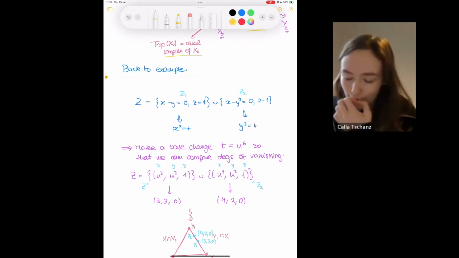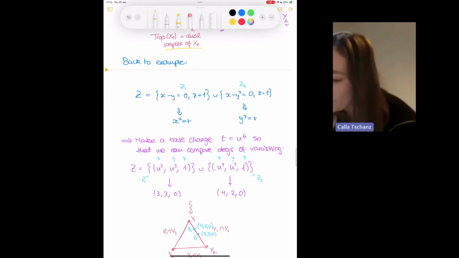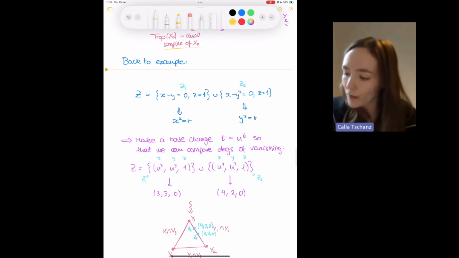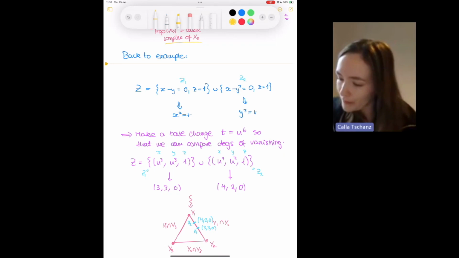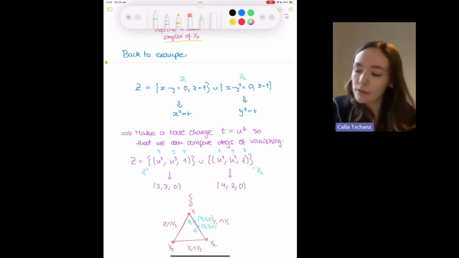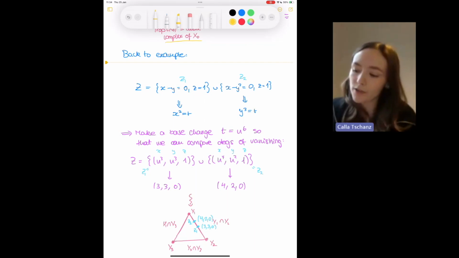Okay, so this is the tropical picture. So why do we care? We'll go back to the example we were considering and see how we can apply this tropical stuff to it. So we have our family that I gave you before, Z, given by these Z1 and Z2 components. And what I want to do here is compare the degrees of vanishing in the XYZ of Z1 and of Z2.